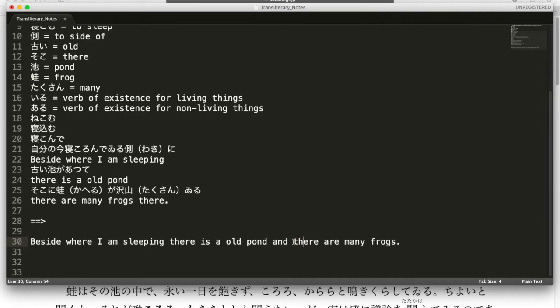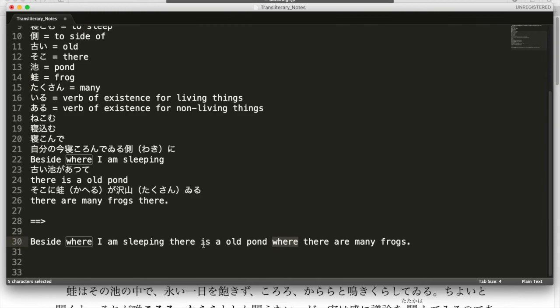So after thinking about this for a minute or two, I realized there's a good way to clean this up, at least in terms of clarifying those issues. We can replace "and" with "where", which connects things. So let's read this again. "Beside where I'm sleeping, there's an old pond where there are many frogs." To me, this sounds much better. Now,